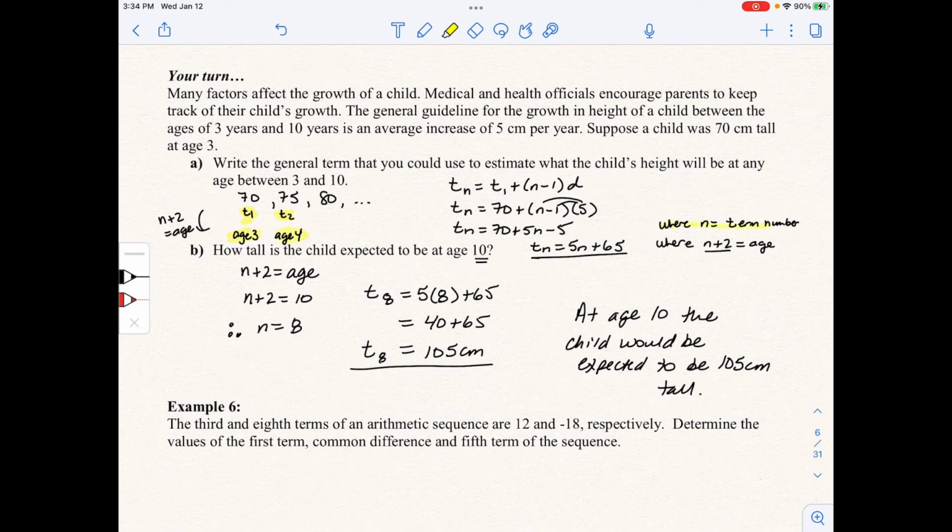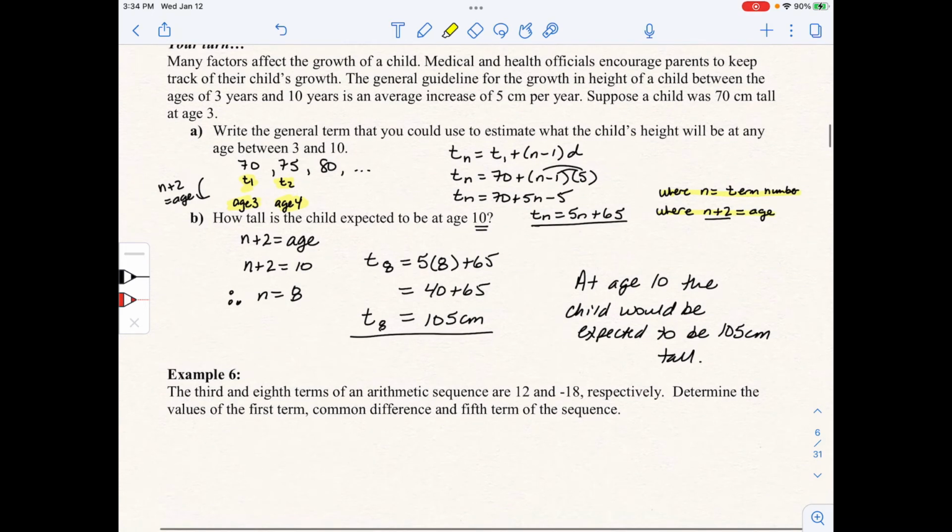Wherever the term number is, the age is n plus 2. So for example, it says, how tall is the child expected to be at age 10? So at age 10, right, age 3 was term 1, age 4 was term 2. So age 10